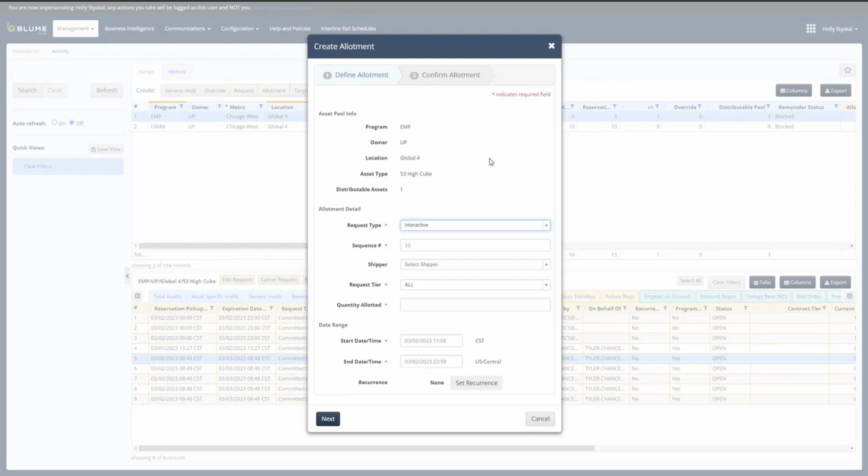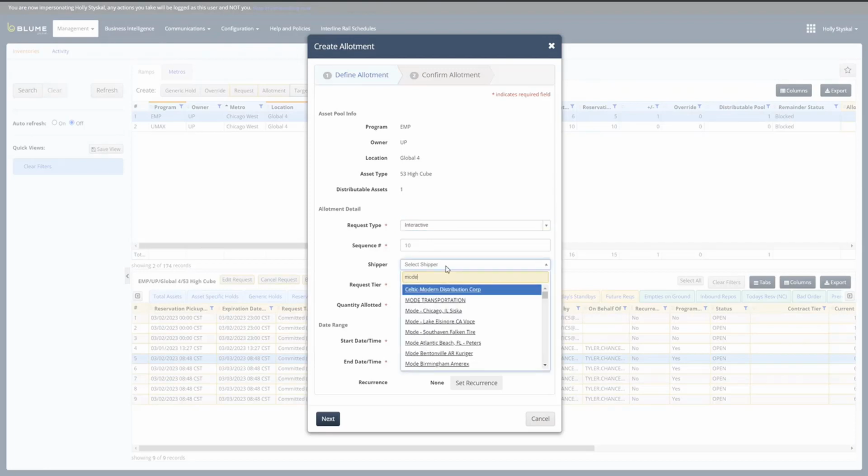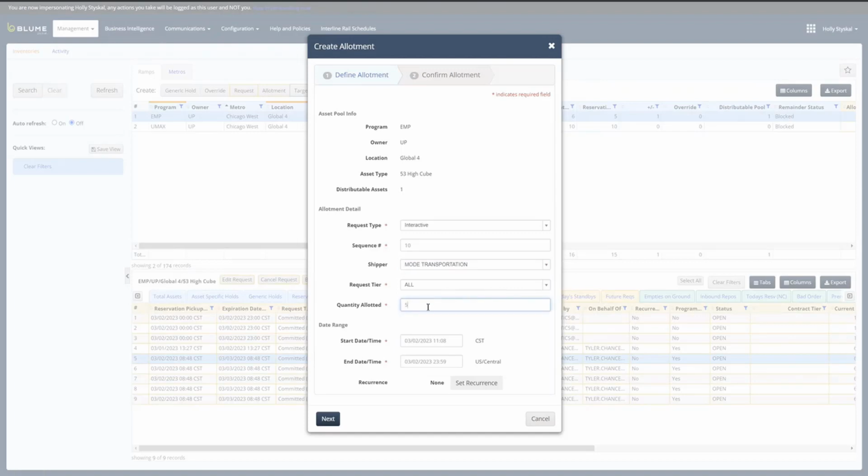using an allotment. So they can come in and say interactive allotment sequence 10, for example, and they can say for Mode, and then they can do 5, and they can set it for today only, or they can have it as a recurring every week. I want 10 or 5 availability to show to just Mode. So if I log in as Mode and I go to the availability tab and I look at Global 4,